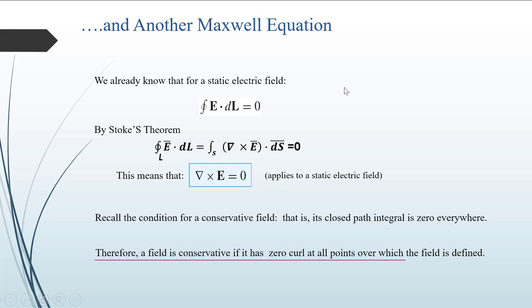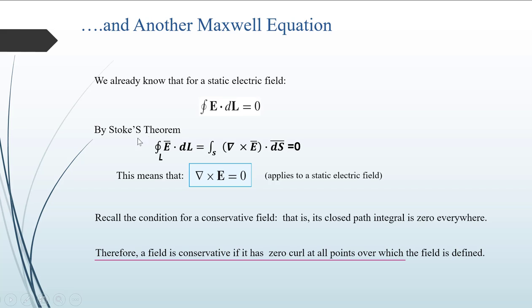So Stokes theorem can be applied to electrostatic fields to derive one more Maxwell's equation. In an electrostatic field, we know that the integration of E bar dot dl bar is what we know as work done. But if E bar dot dl bar is integrated through a closed path, the work done for a closed path is equal to 0. This means the electric field is a static electric field and its closed path integral is 0 everywhere. So such fields are known as conservative fields.